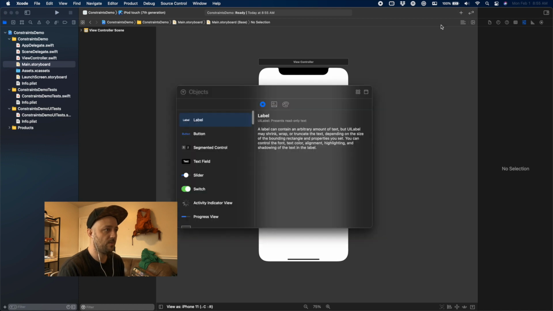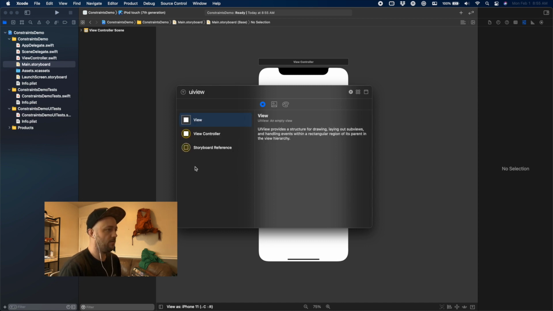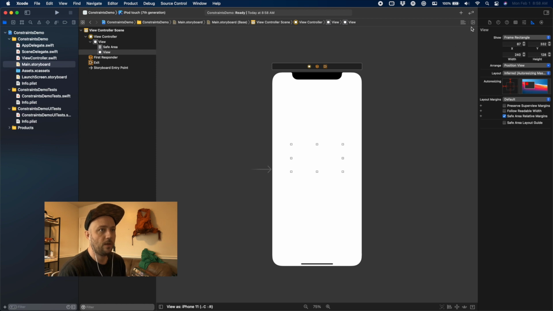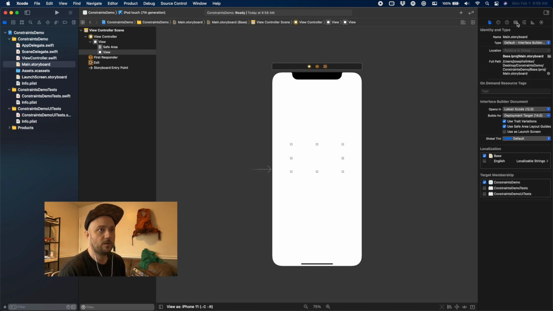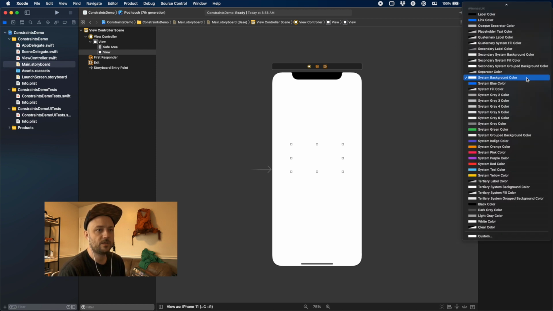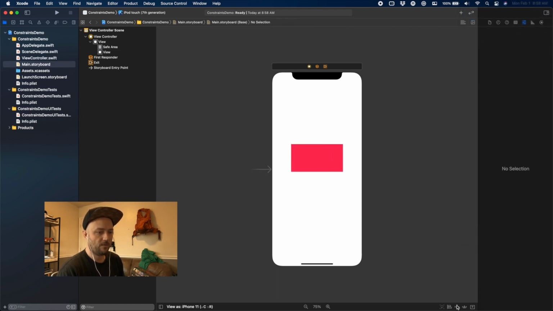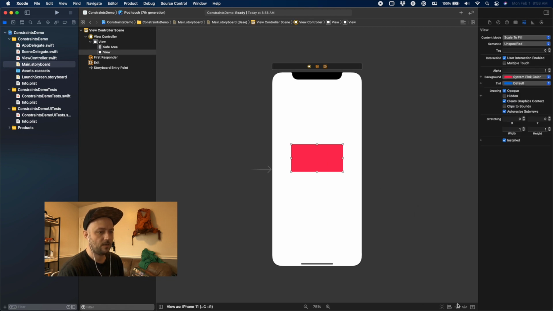We just got a little plus button up here to drag out whatever we want. So let's start with just a generic UI view. We're going to dump it in here. Okay, and then what we're going to do is change the background color of this view, and we're going to spend all of our time in this little bubble down here. So if I select this view,